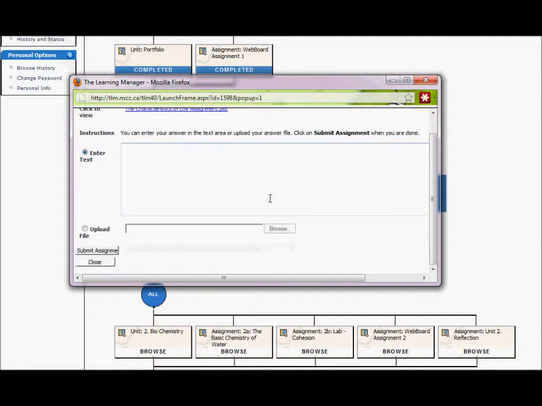So what you're going to do is click Submit Assignment, this button down here. You don't need to enter any text. You don't need to attach any file. Remembering that when you submit an assignment, you submit it directly to your instructor through email. This is just the process that you do to mark the box complete. So leave it all blank, hit Submit Assignment,